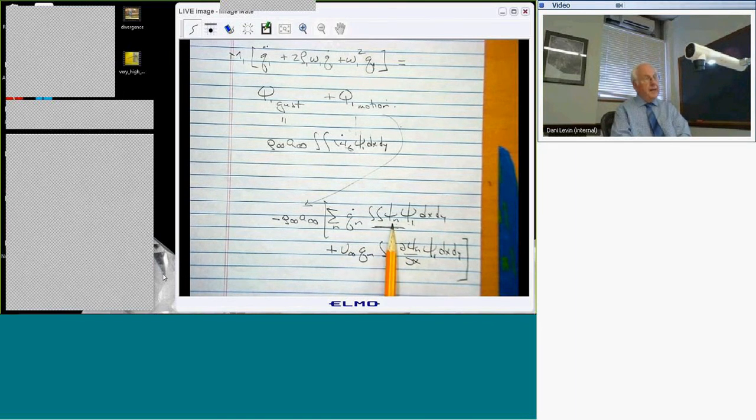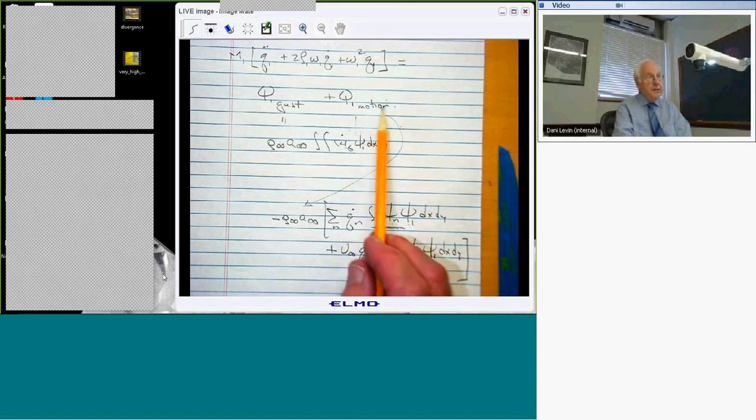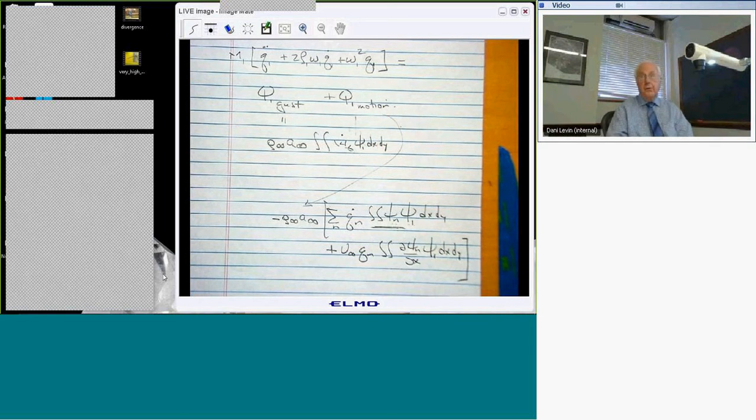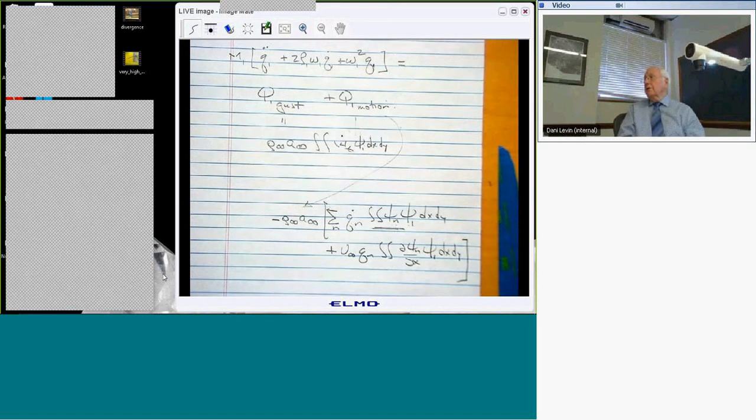And if you look at this, this is qn dot, right? And it's a minus sign, but it's on the right-hand side of the equation. So if I put it on the left-hand side of the equation, that gives rise to a damping-like term. And often in aeroelasticity, it's the aerodynamic damping term that overwhelms the structural damping term. In fact, it's not uncommon to set the structural damping term to 0, unless you really need it. Really need it, meaning you're on the ragged edge of having flutter.